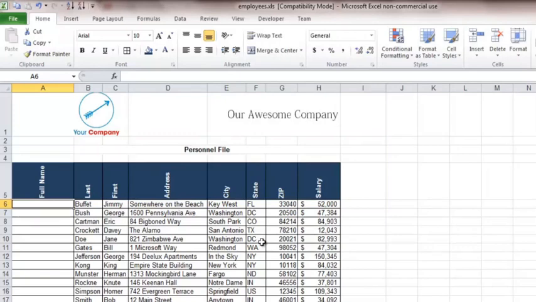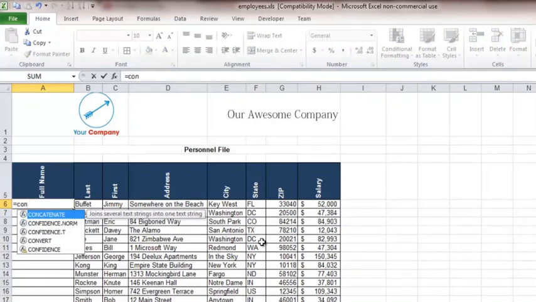So one of the things we're going to do is use a formula to put those together. And the formula we're going to use is actually called the concatenate formula. And if you remember math class back from high school, it probably sounds a little bit familiar. So to enter the formula, just like all formulas in Excel, we're going to hit the equal sign and then start typing in the formula. You can see that Excel narrows it down for us, and you can actually see concatenate there, and we'll type that in,